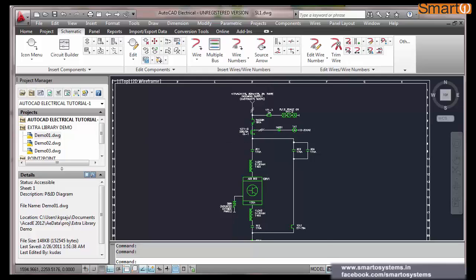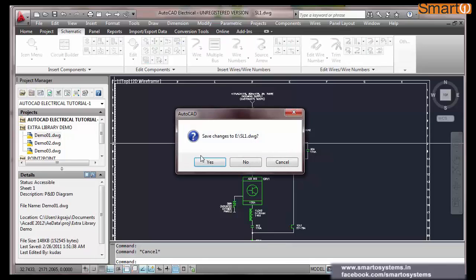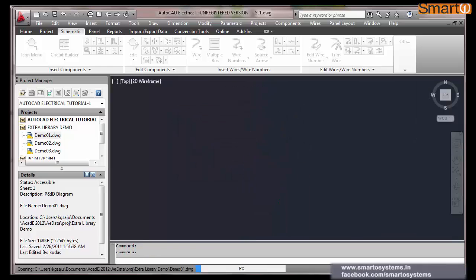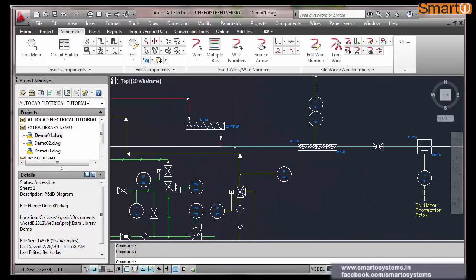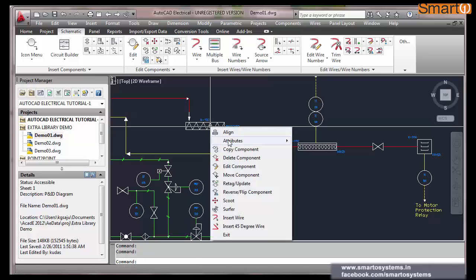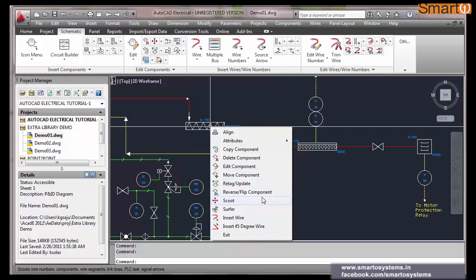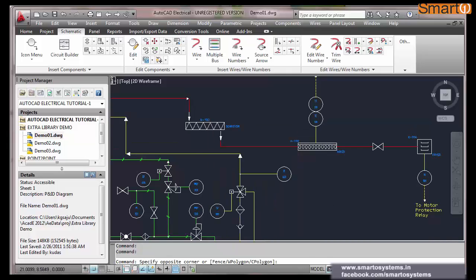In this, if I right click the mouse over a component, for example, this is a single line diagram. Now I will open a schematic diagram. If I place my cursor over this and right click, see, it will bring such a pop-up: attributes, list, move, and so on. This is a lower version of AutoCAD Electrical.